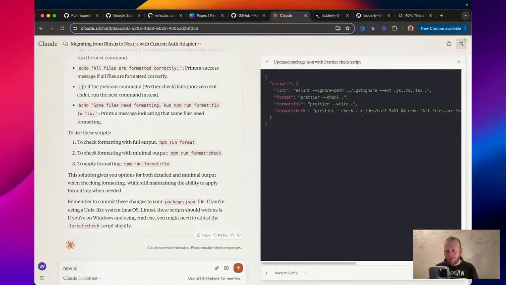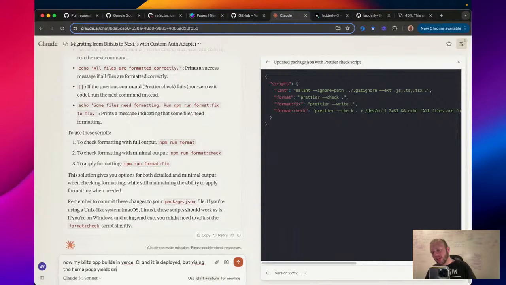Cool. Now my Blitz app builds in Vercel CI and it is deployed, but visiting the home page yields an error because